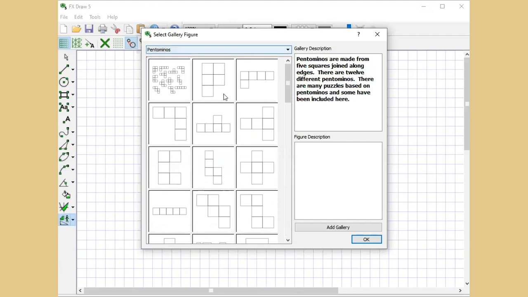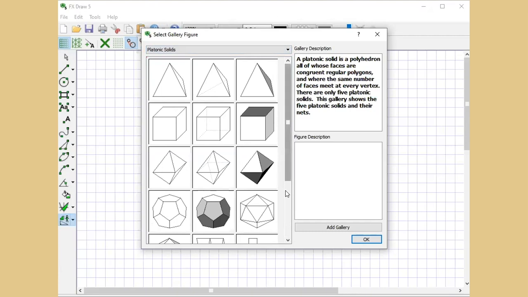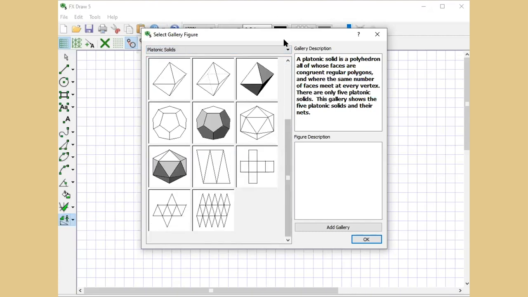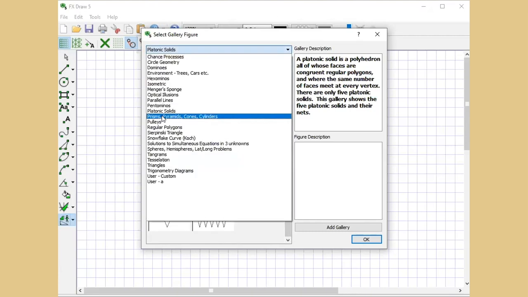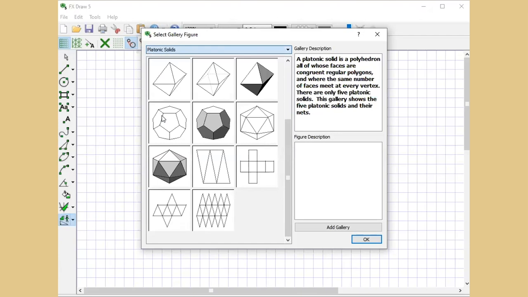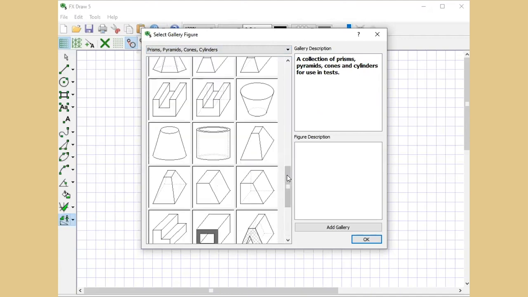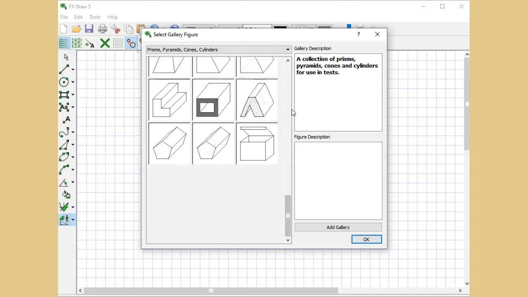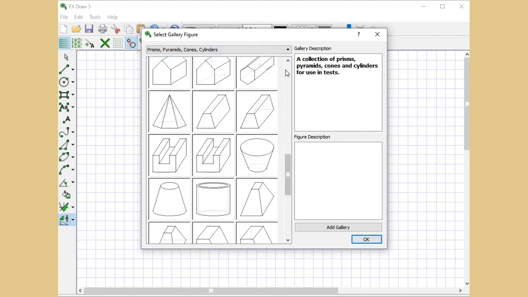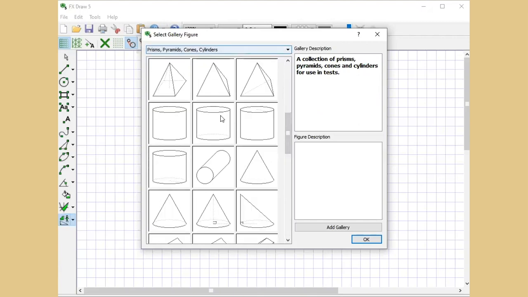Next, after that, we have platonic solids with us, which can be easily used. And then prisms, pyramids, cones, and cylinders. You can take the figures, you can combine the solid shapes, you can frame questions related to surface area and geometry.